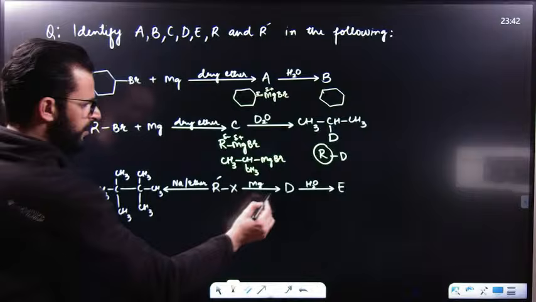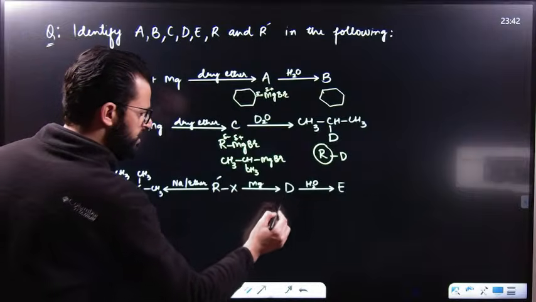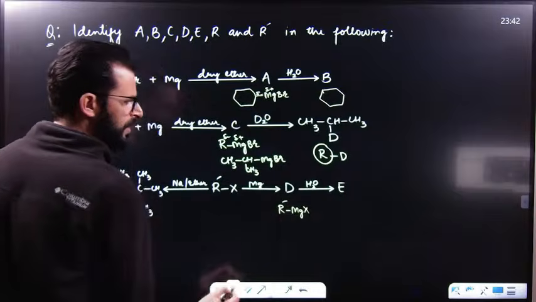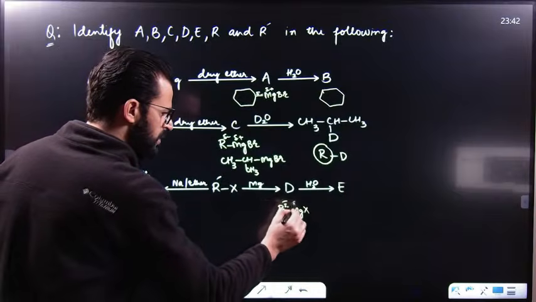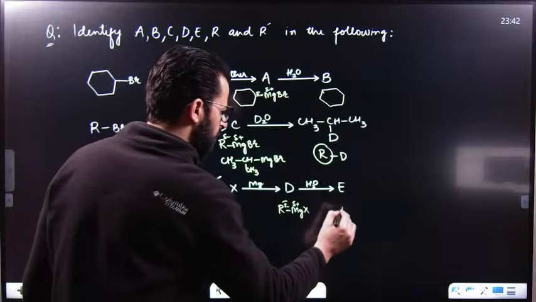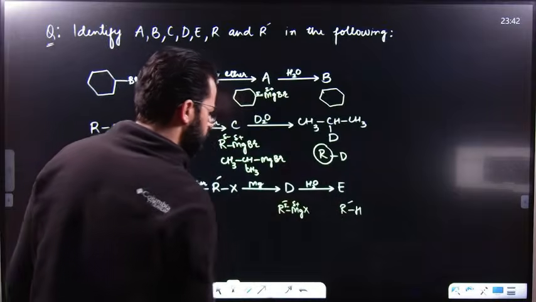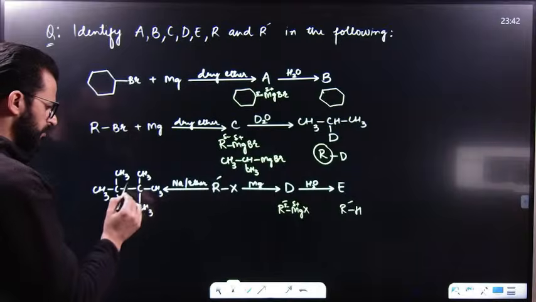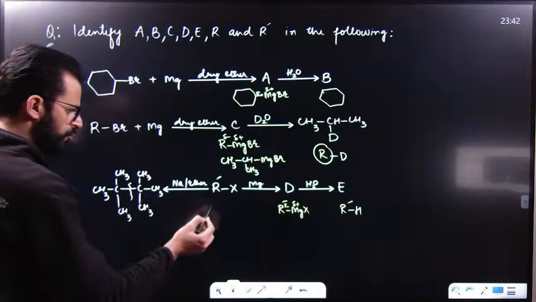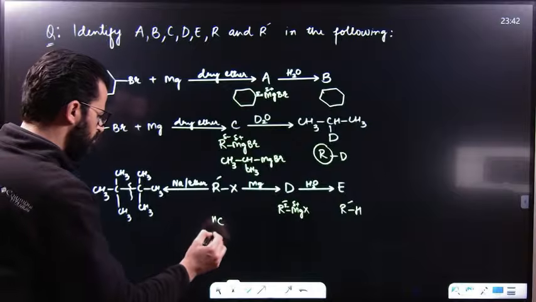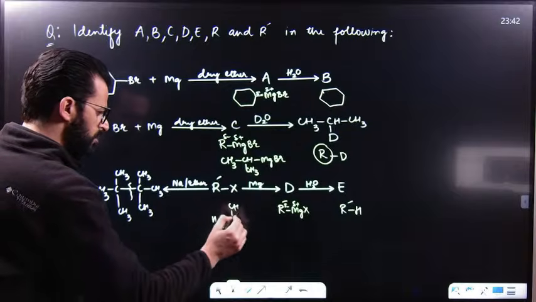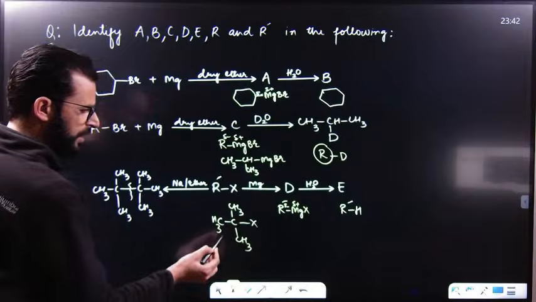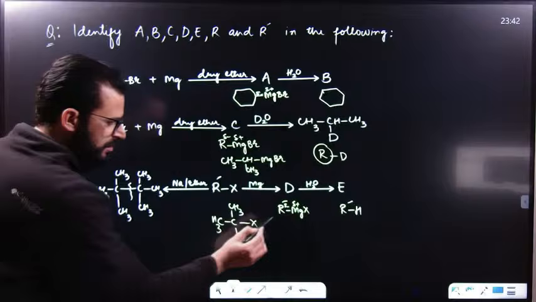Now we will find out D. Whenever it reacts with this, it results in the formation of R prime MgX. After that, this is having negative charge, this is having positive charge. So this will become RH. Now the question is, it undergoes Wurtz reaction. Wurtz reaction product is this. So this is CH3, C, CH3, CH3, a dimer of this. So this is the alkyl halide. So if R prime is this, that means this is